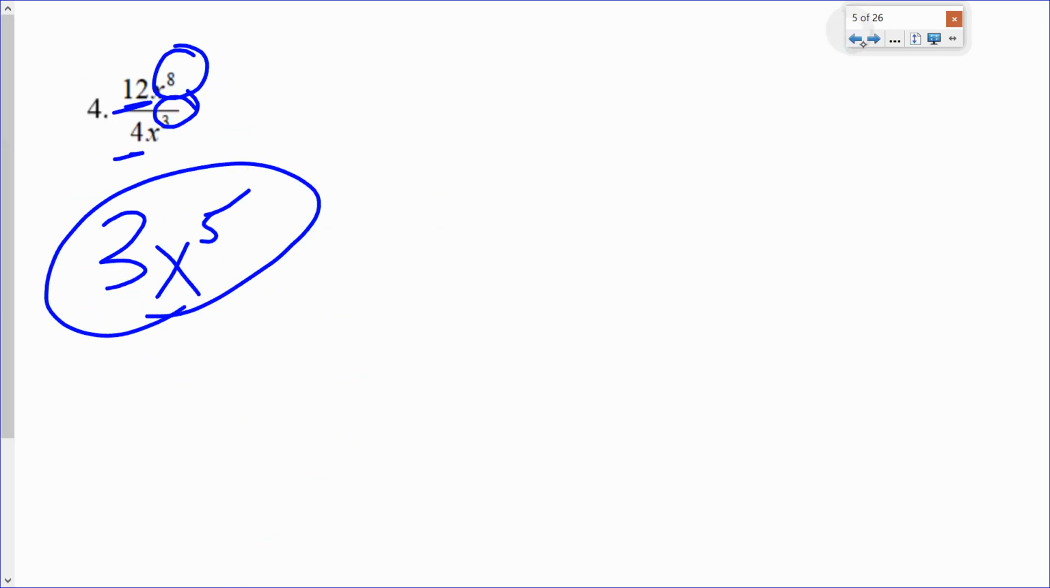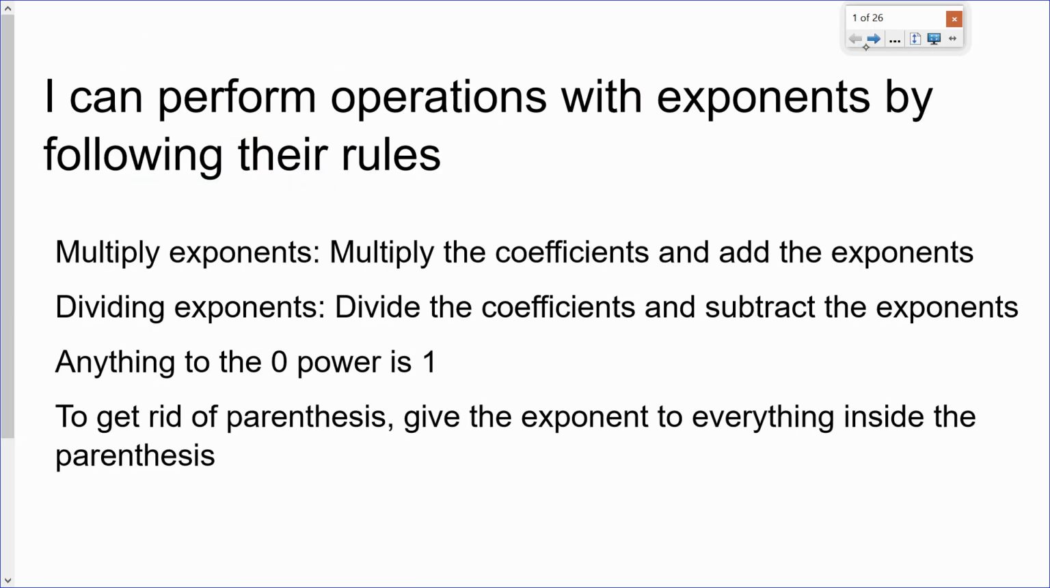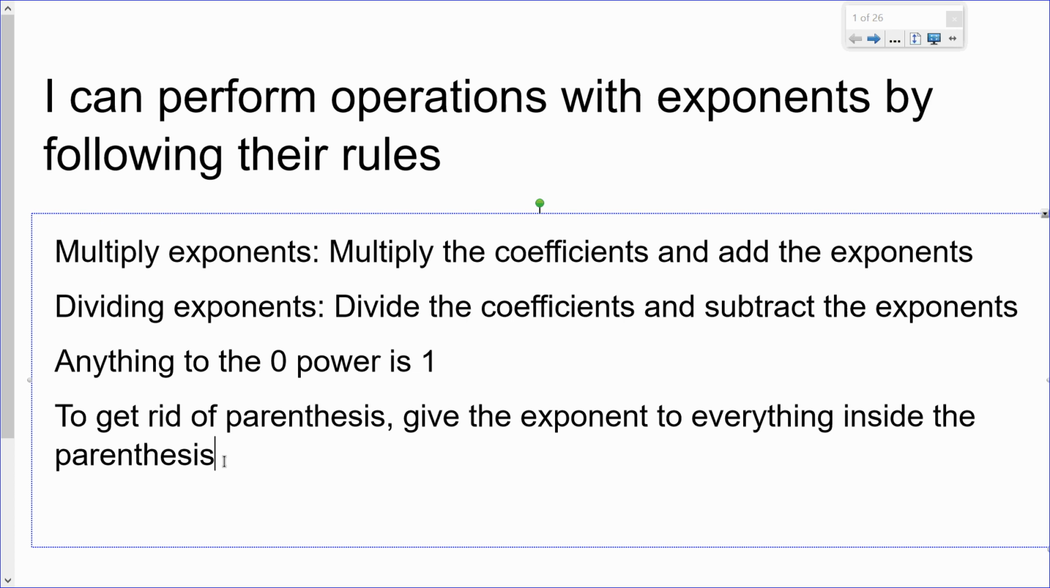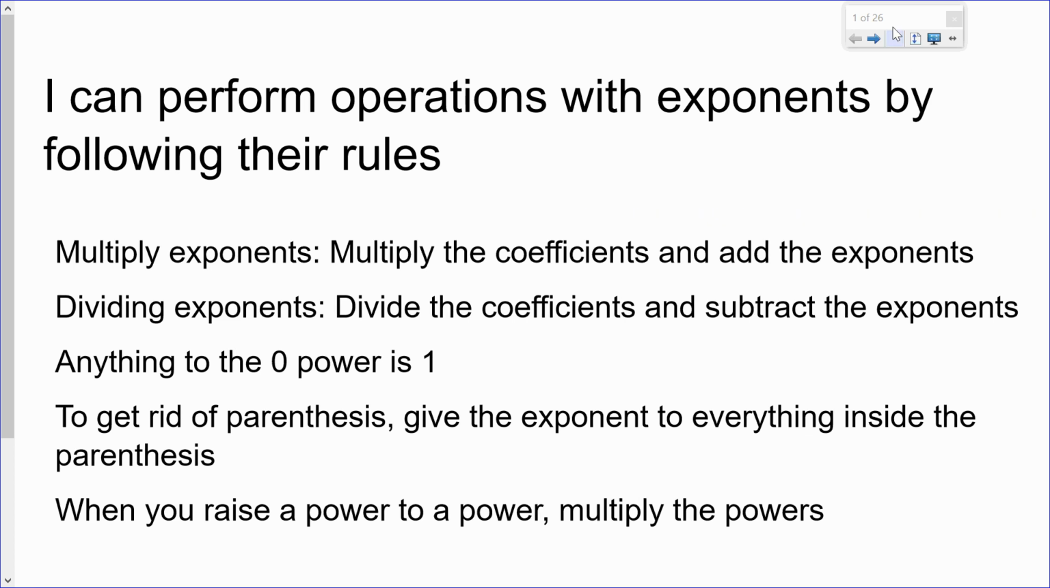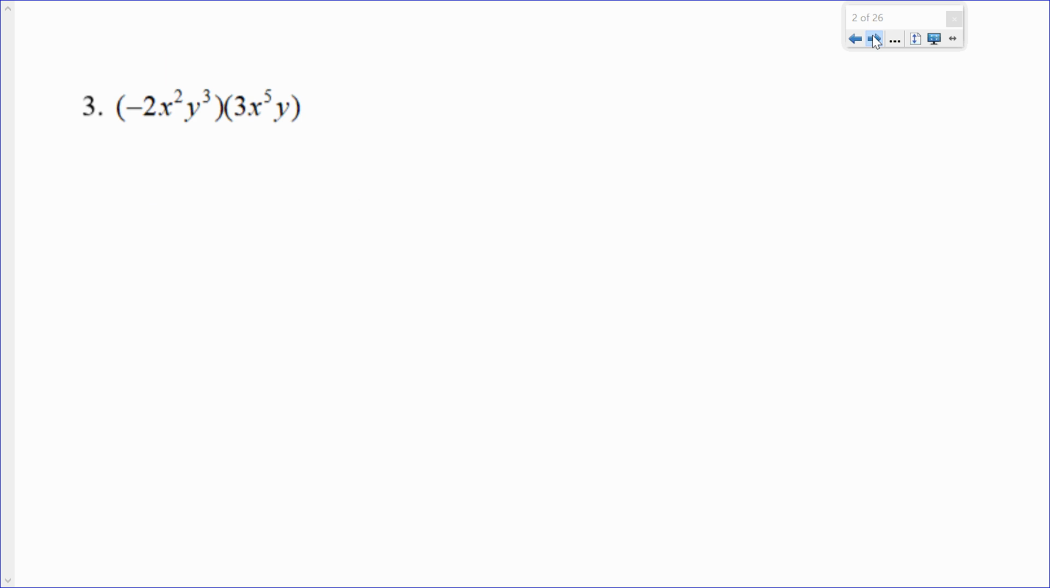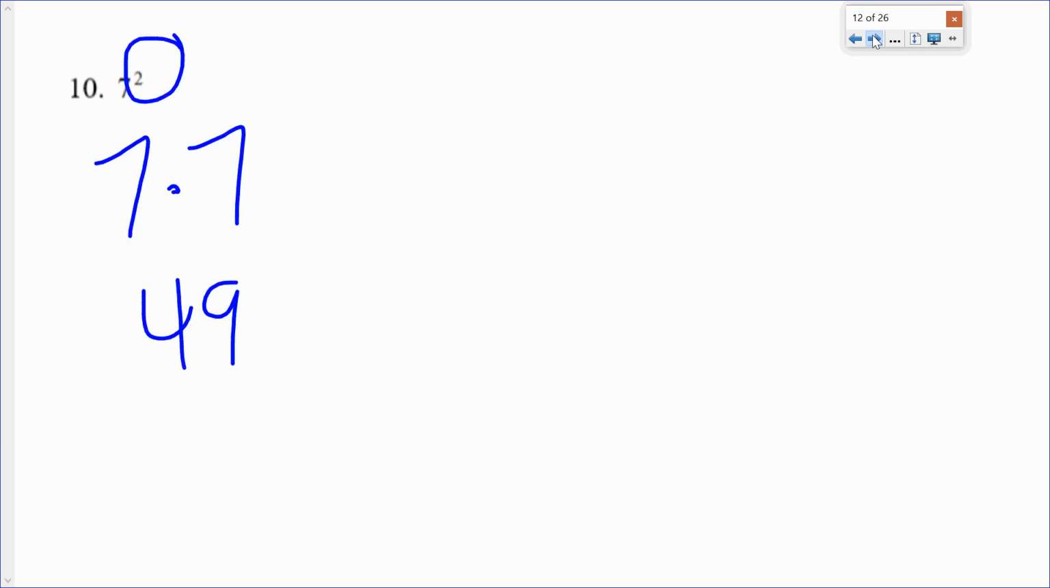So when you raise a power to a power, multiply powers. And I think I'm going to give you a little visual of all the different rules after I type them all out, so you have them to refer to at the end. All right, so